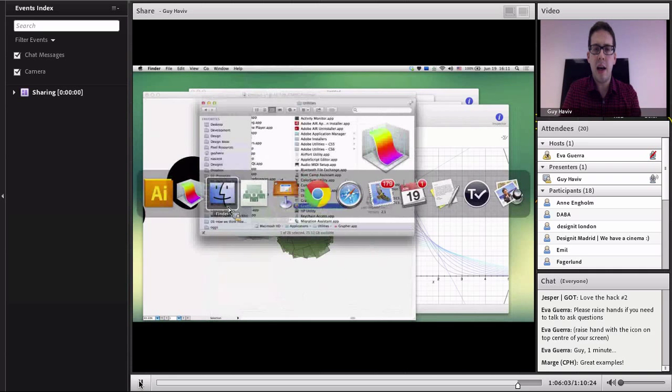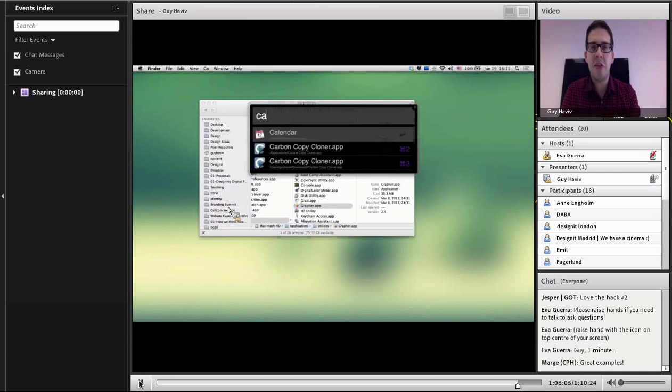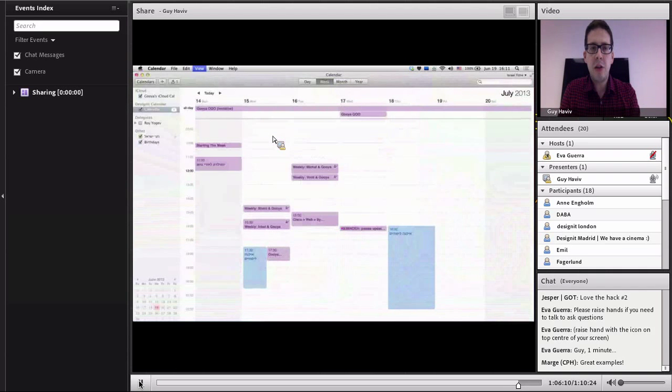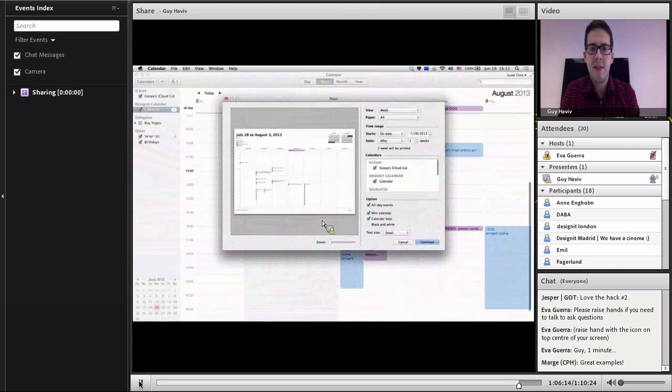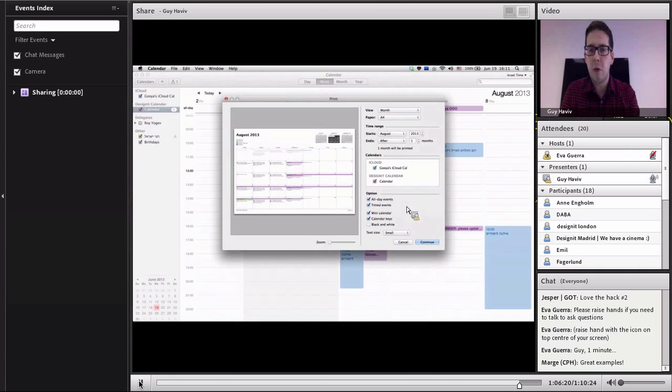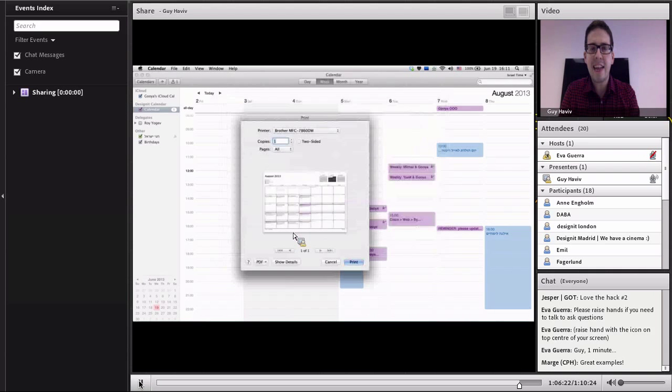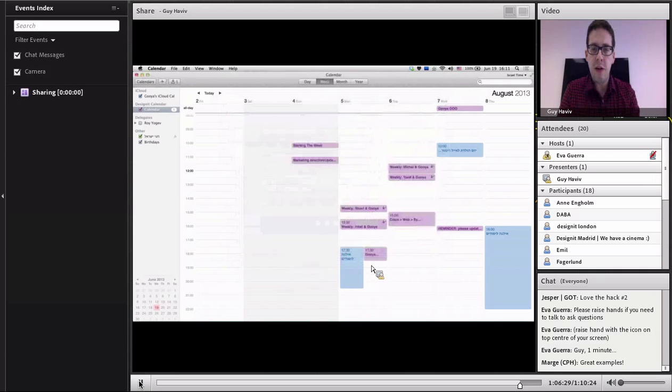The last thing I want to show you is Calendar. If you take Calendar and do a print, you can set whether you want a weekly or a monthly calendar. Let's take the monthly and then continue, and I get the same dialog, and I can do Open, Save as PDF here too, and I would get the vector calendar,